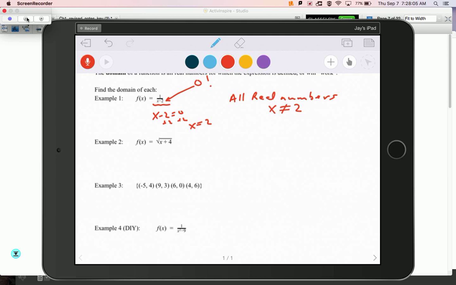In the next example, it's the square root of x plus 4. And you might remember, with the square root graph, we can't do anything that's negative. So if I plug something like -5,